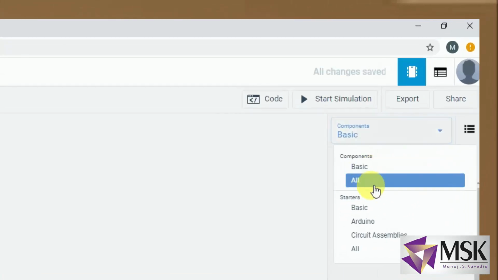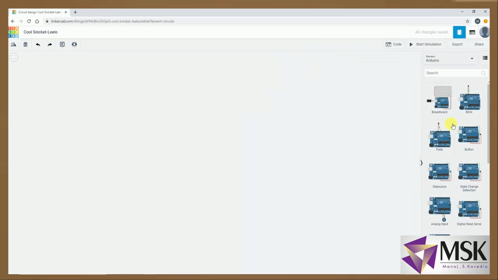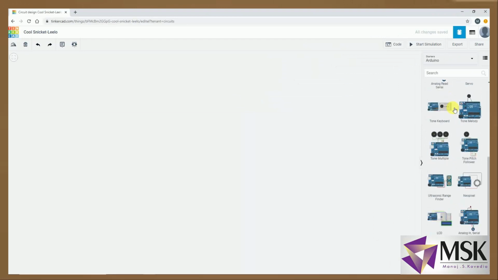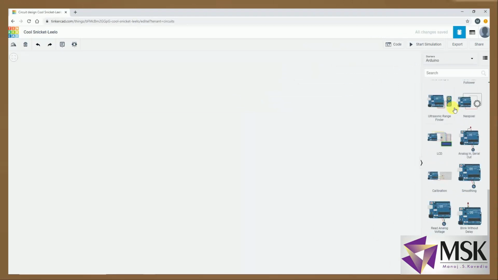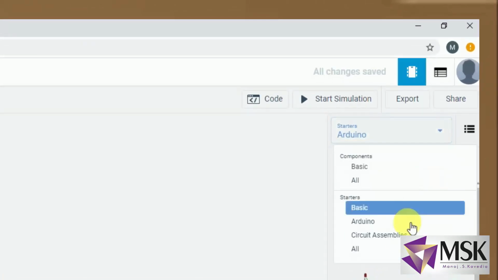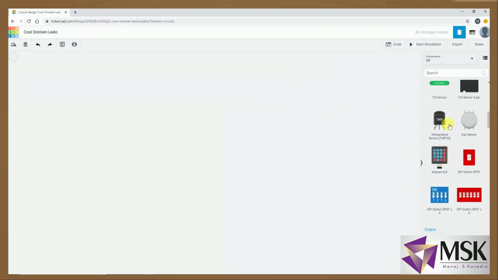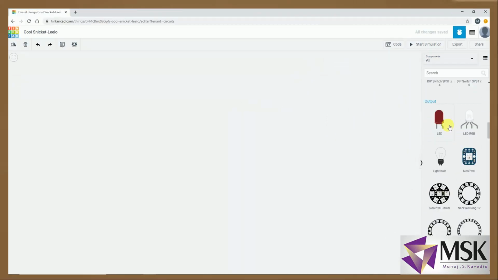Let's see what the other components are. You have basic components, then Arduino. These are the different Arduino boards available with Tinkercad. And then we have circuit assemblies and all. If you click all, you will see everything available in this component box.